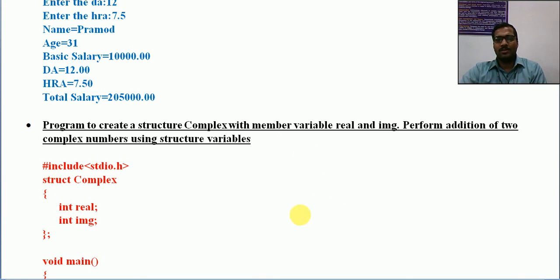Okay, so what is to be done? Real part to be added, then imaginary part to be added. That is the only solution. Then we will be getting a third complex number. So how can it be done by using structure? It is not a correct solution for finding the summation of two complex numbers, because from this point only the development of the C++ class concept is being created, because some drawbacks are there with the usage of structure. So from the structure concept only we are having the C++ class concept.